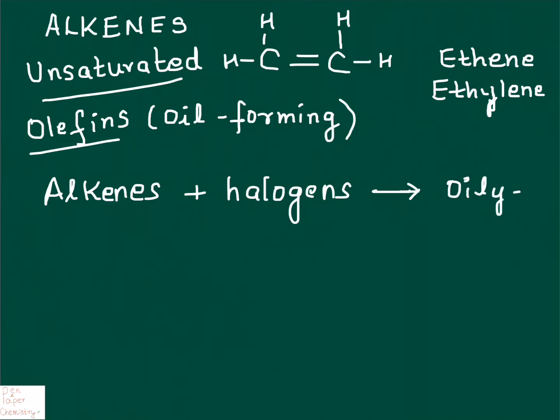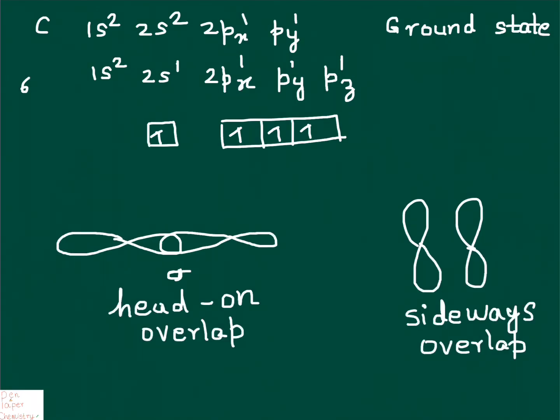Now, before we go on to understand the properties of alkenes, we need to understand the structure of this double bond, in case you do not have clarity on the sigma and the pi bond. I will touch base on this, although there is a separate video covering sp2 hybridization on the channel. In order to understand the sigma and pi bond, I'll touch base on the basic concept that you need to remember.